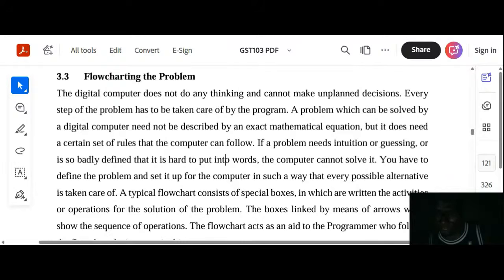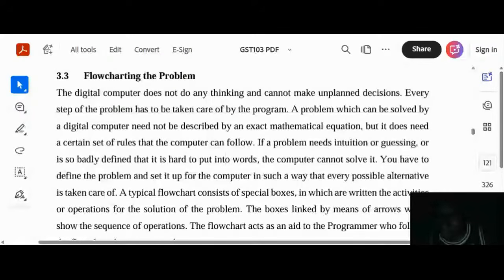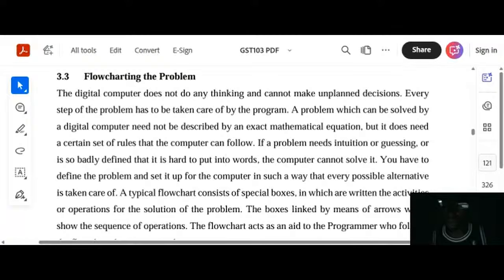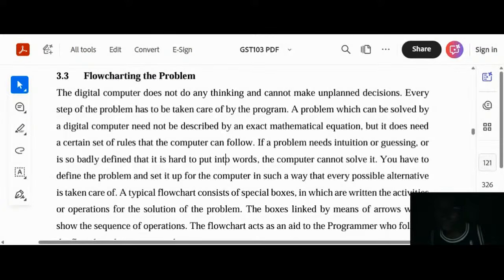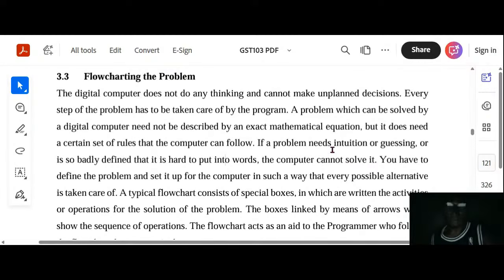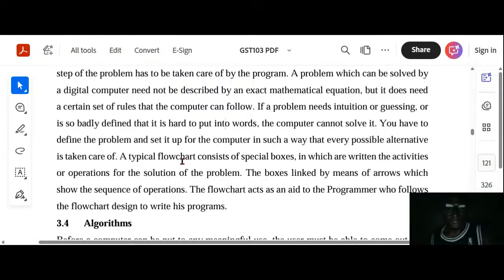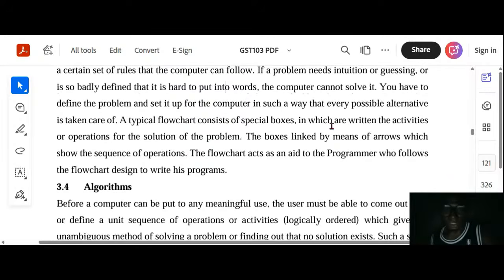Let me ask a very simple question, probably the last question in this section, because I want to see if you guys are following. I have a fill in the blanks here, so let's answer that, guys. So a computer cannot solve it.